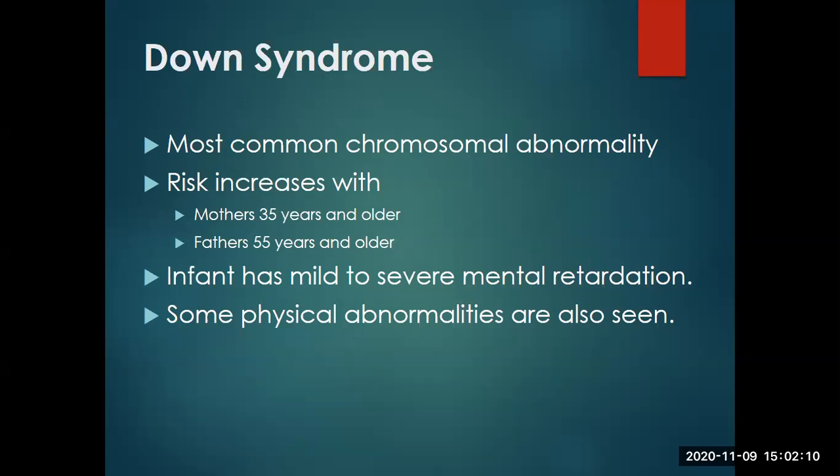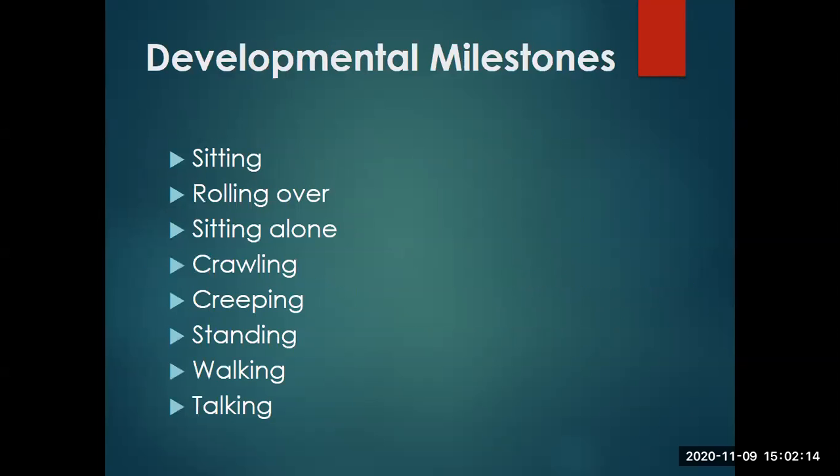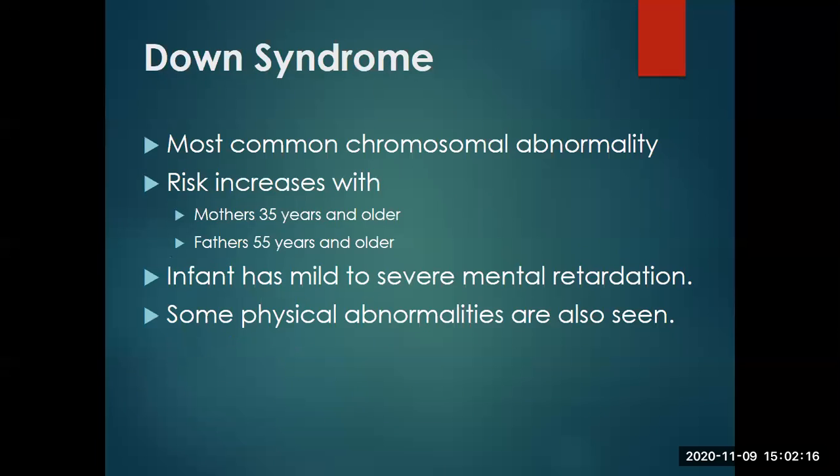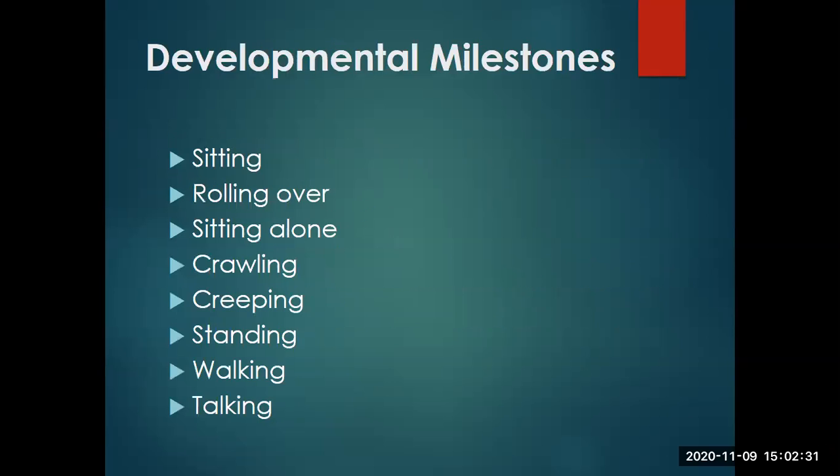So Down syndrome can be diagnosed by a clinical manifestation, but a chromosomal analysis will definitely confirm the specific type. So you have the signs of Down syndrome, which are apparent at